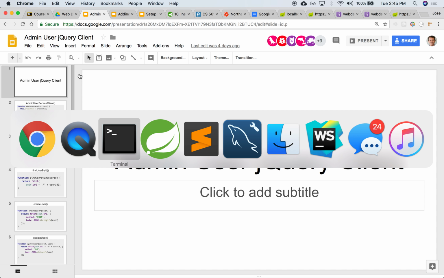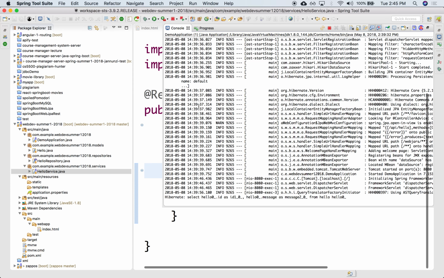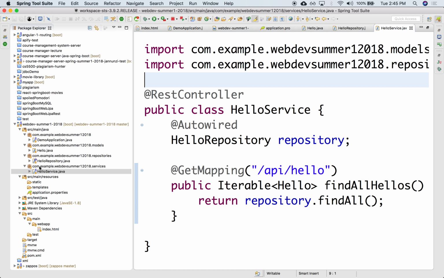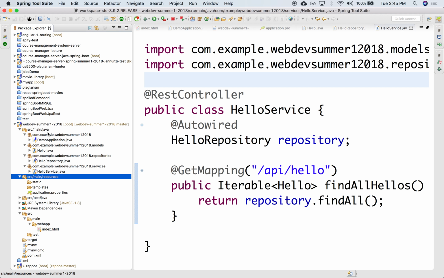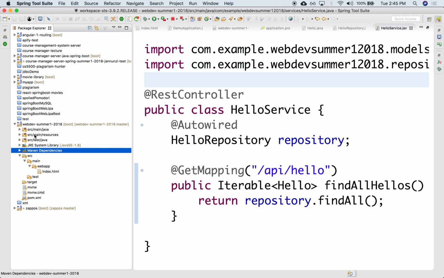So let's go to our application here, our Spring Boot application, and under our web app directory. Under our web app directory, we only have this index file, which really we're not going to be using. Instead, what we're going to be doing here is that we're going to add a couple of directories in here. And they're going to host different versions of